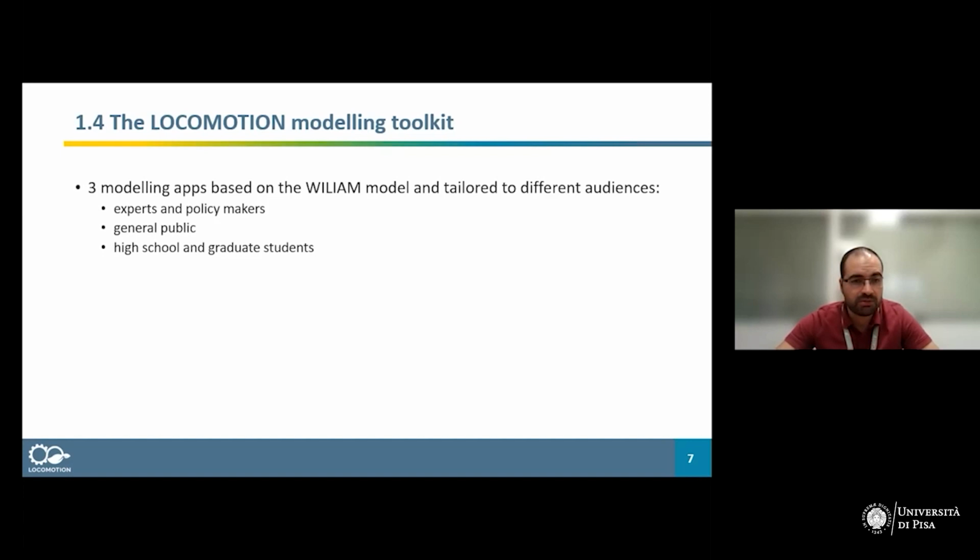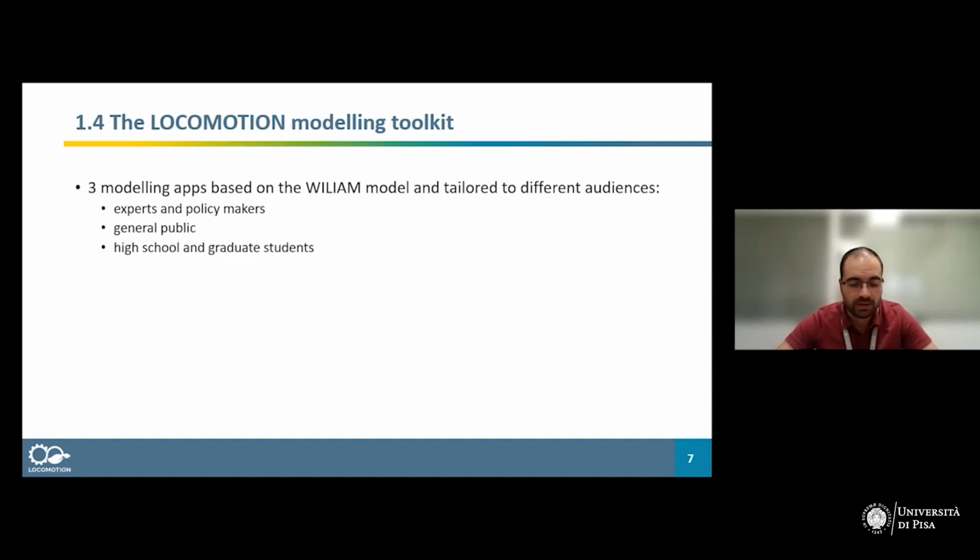And we also have a gamification tool that will help teaching in high schools and universities, providing an interface in order to evaluate what the key issues of climate change are and how you can create awareness